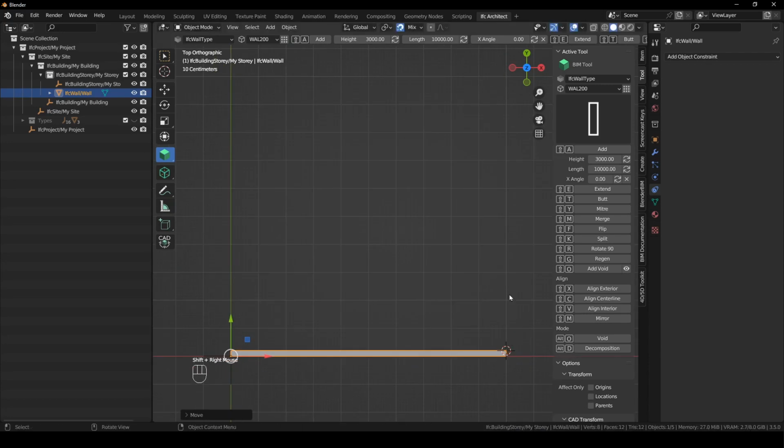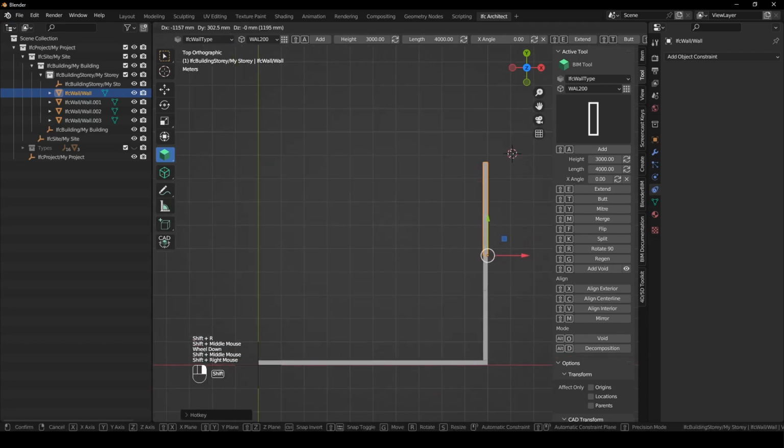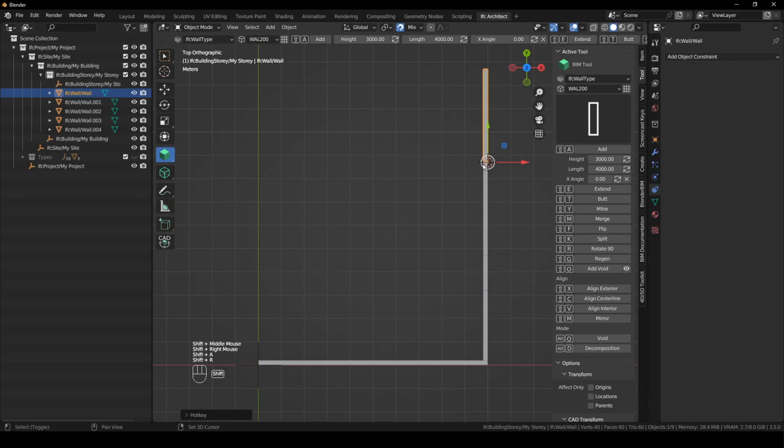And then go to the next one, and then I know exactly how long I want this to be. I'm going to say 3,000, and I'm going to say Shift-A, and then I want the next one to be 1,500. I'm going to say Shift-A, Shift-R to rotate it, and then the next one I want to be 4,000, say Shift-A, Shift-R, and then the next one I want to be 4,000 again, Shift-A, Shift-R, and then I want this one to be 5,000,